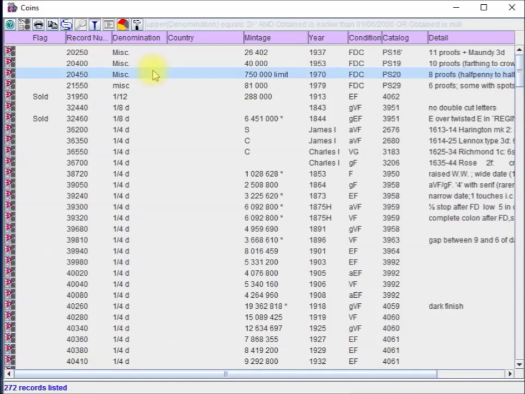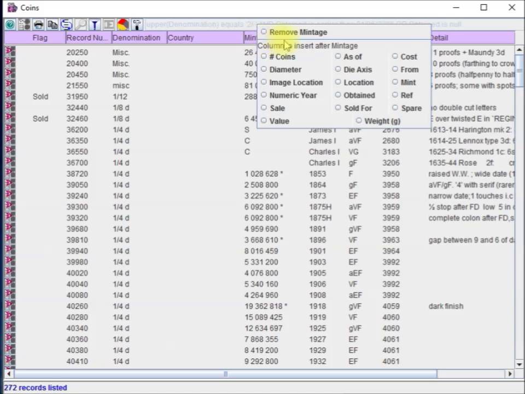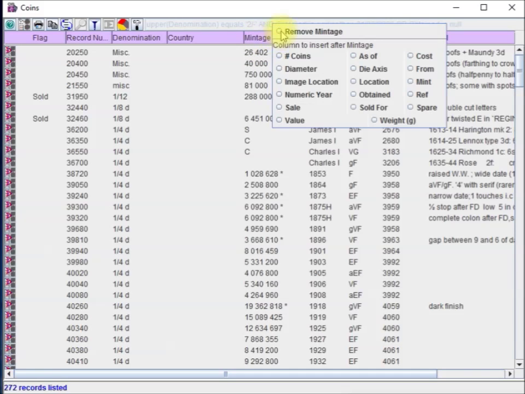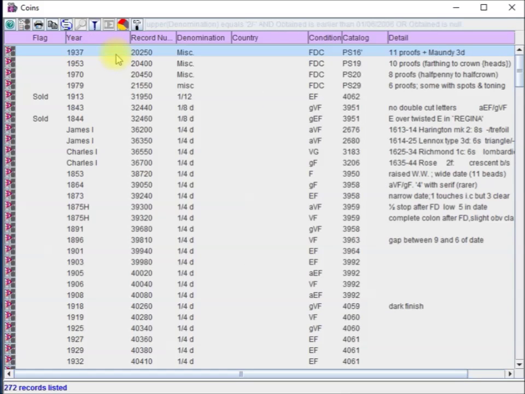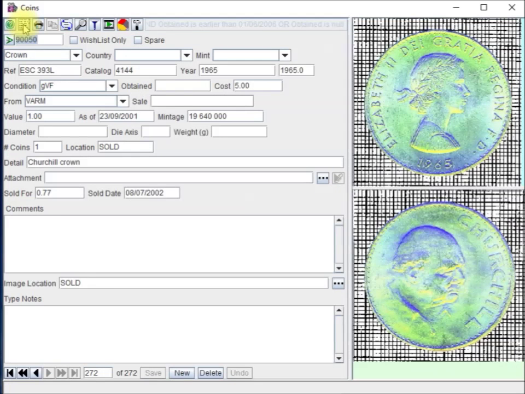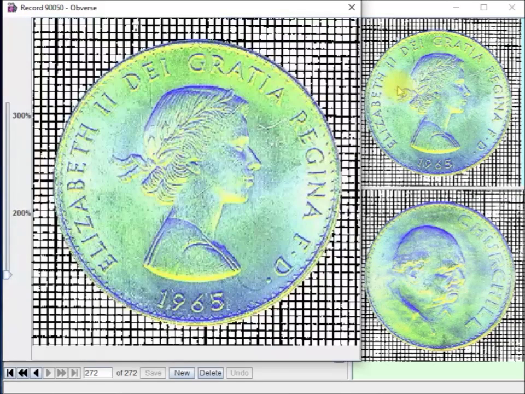available. So if it weren't just a British collection, you might want to say what the country was, and you might not know about the vintages, so you might not have recorded them. So you can add and delete columns, and of course you can change them into whatever order you feel is appropriate. On the main details screen, no changes of note, except that you can now zoom in